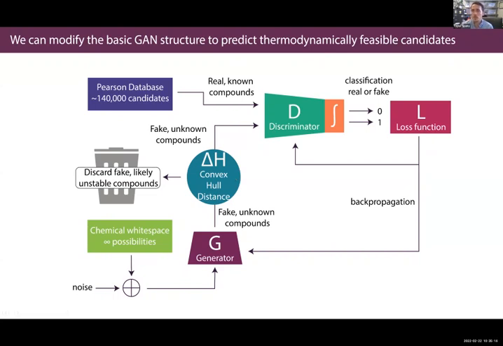Are these things even remotely close to the convex hull? Because if they're not, they're not going to be thermodynamically feasible. So we can take these unstable compounds and just toss them. The ones that look like they're stable, now that we have the sieve file, we can do this calculation with